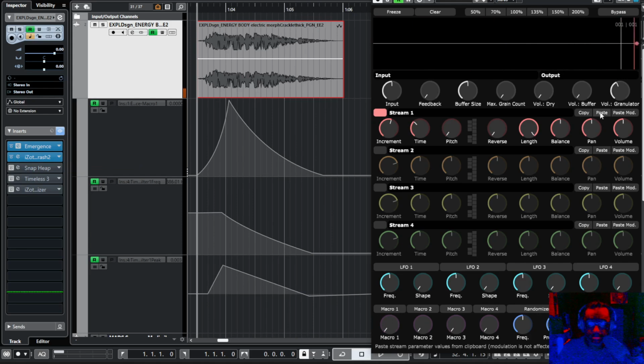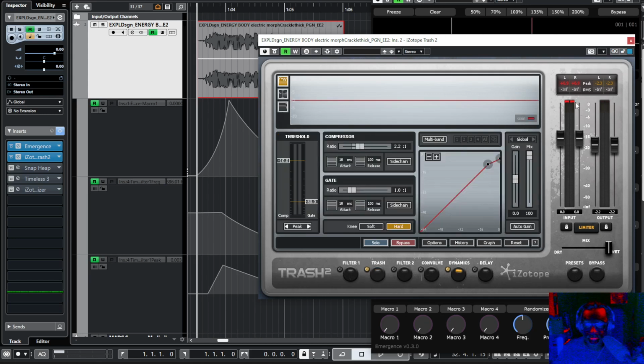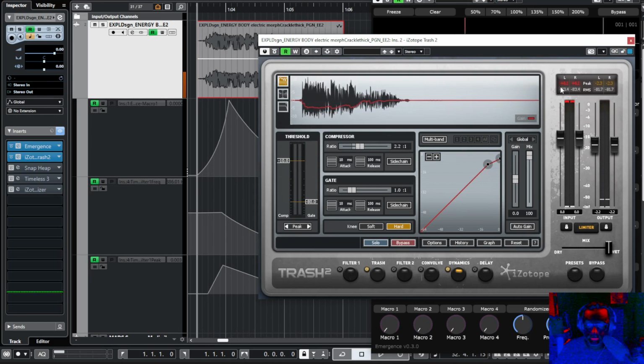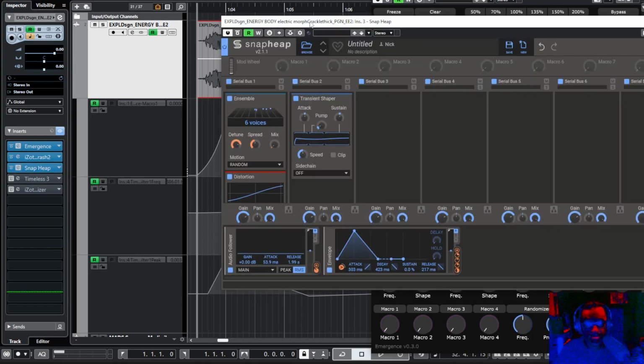I'm also pushing it really hard to get some digital clipping and then running it into Trash to take that a little bit even further with a little extra harmonic push, and then using the dynamic processor to wrangle it in. And then I turned the overall down. But you can see it's coming in at over 6 and going out at about negative 2.3. So that's helping the signal chain there. And then I'm running it through Snap Heap with a